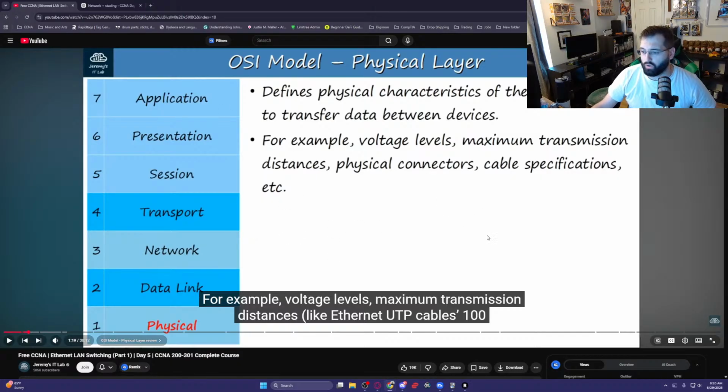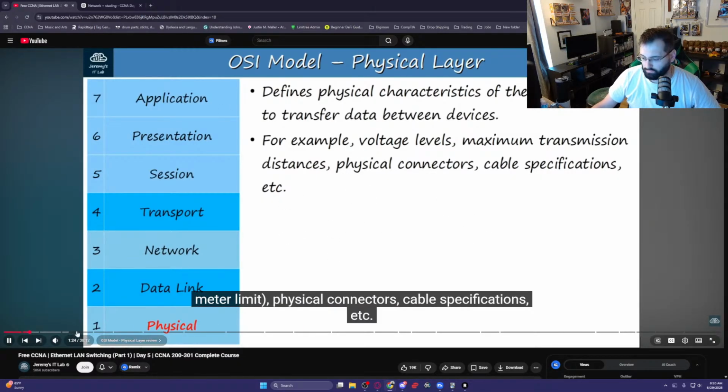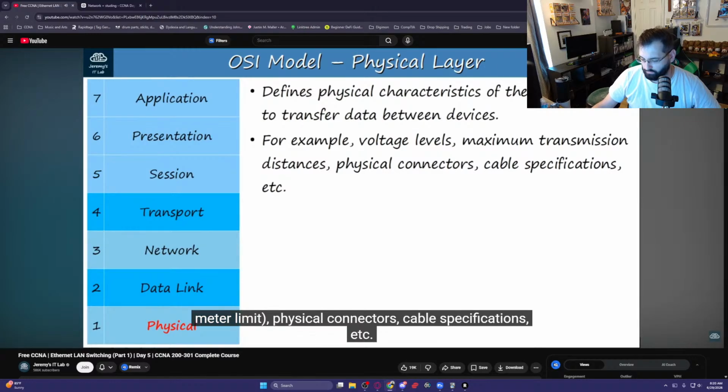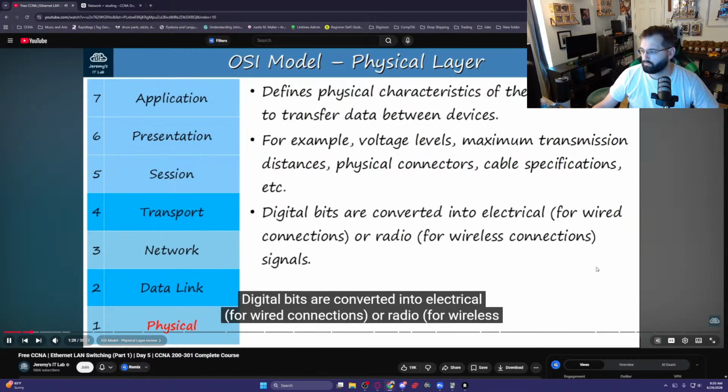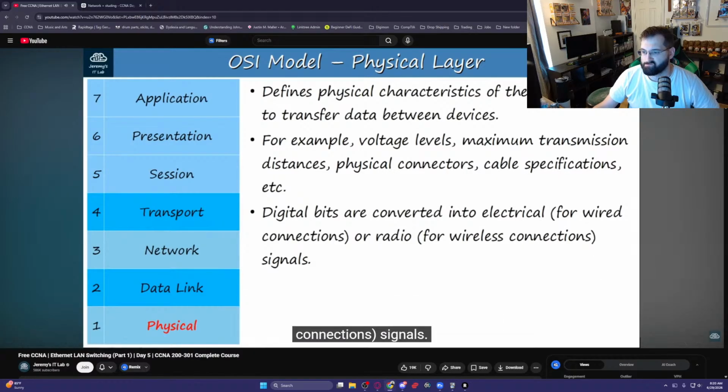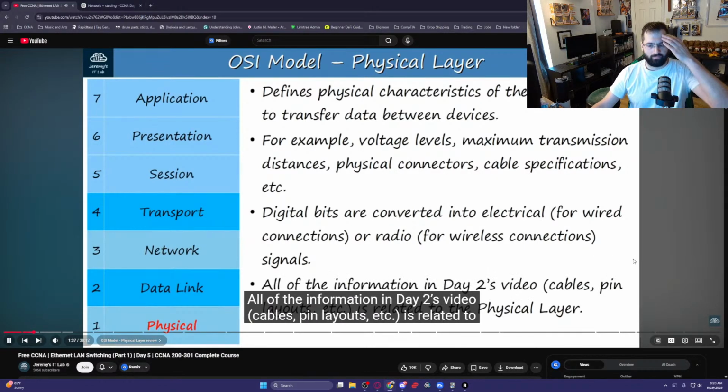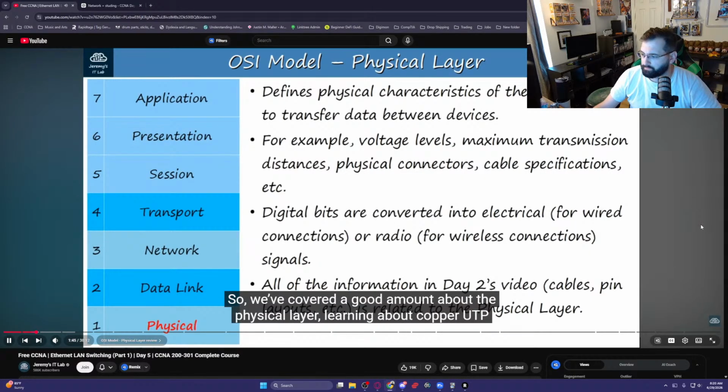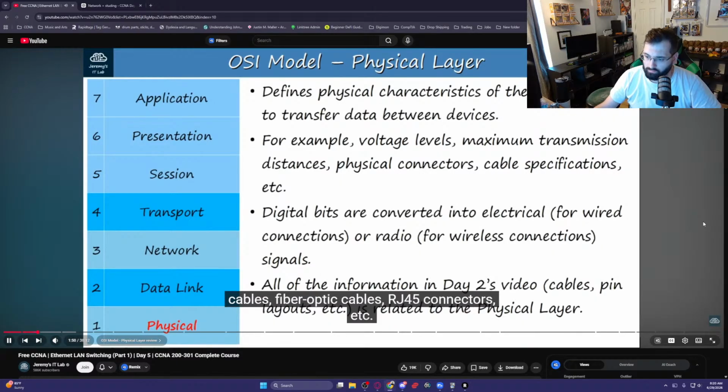Anyway, so that's what's going on with this. Like Ethernet UTP cables, 100 meter limit, physical connectors, cable specifications, etc. Digital bits are converted into electrical signals for wired connections or radio signals for wireless connections. All of the information in day 2's video, about the physical cables, layer, pin layouts, etc., is related to the physical layer. So we've covered a good amount about the physical layer, learning about copper UTP cables, fiber optic cables,